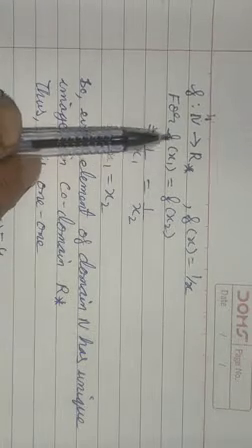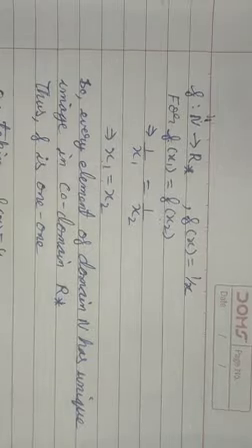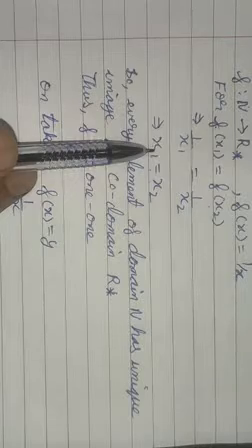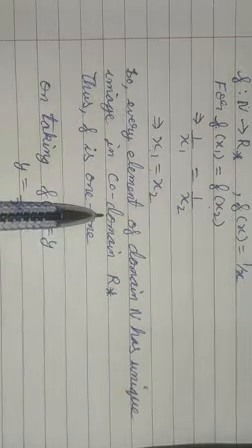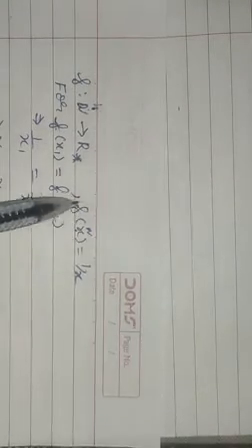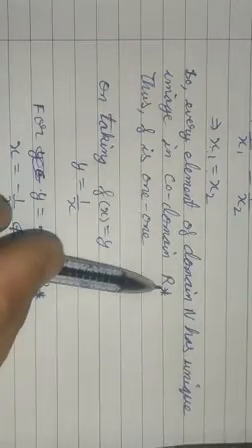Now for this I am taking f(x1) equal to f(x2), and from this we are getting x1 equal to x2, as we have obtained earlier. So every element of the domain has a unique image in codomain R. Domain is natural numbers, so this x was natural, and codomain means the value of f(x), and that was a real number. So we are getting a distinct image for every element of the domain. Therefore it is one-one.